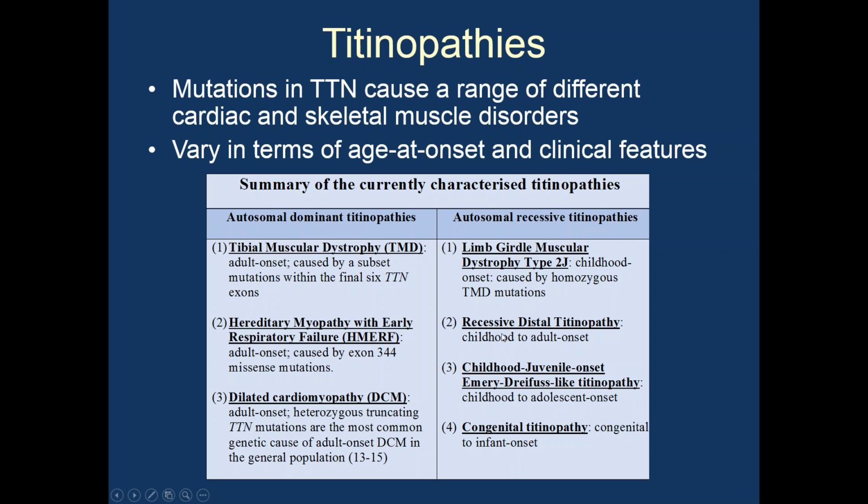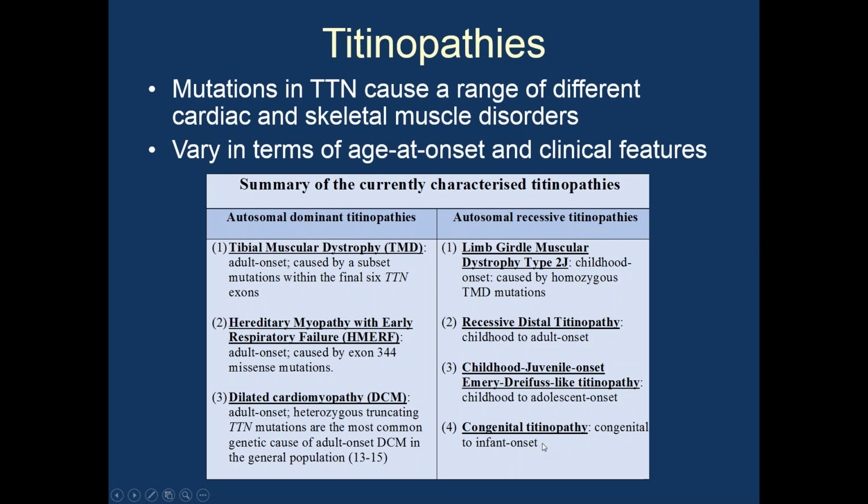Recessive distal titinopathy, so that onset is childhood to adult onset, so a bit later than our congenital titinopathy cases. And then a childhood juvenile onset Emery-Dreifuss-like titinopathy. So it's not clear yet whether or not these are truly distinct disorders, but in the literature at the moment they are. And then, of course, there's congenital titinopathy, and that's a label that we started using in that paper